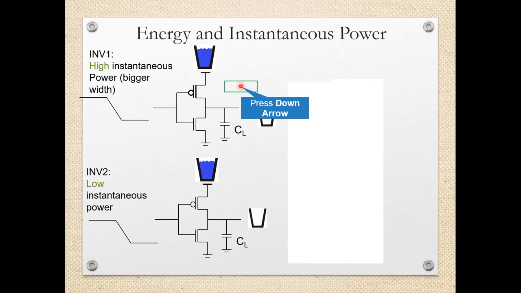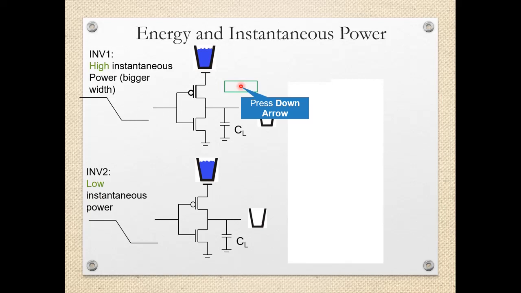Now we will consider another case. Here you can see two inverters shown. They have the same power supply, VDD, and the circuit is exactly the same. The only difference is the P MOSFET shown over here, which has a bigger width. The W by L ratio for this MOSFET is quite bigger. Only that is the difference. Now let's see how the operation of the two circuits will change because of this difference.